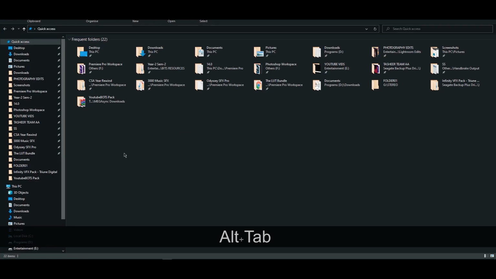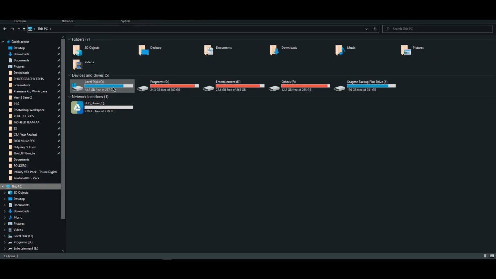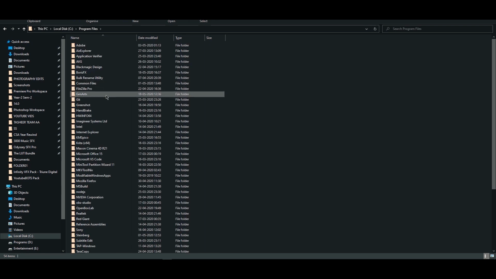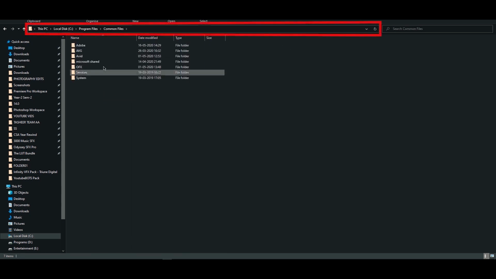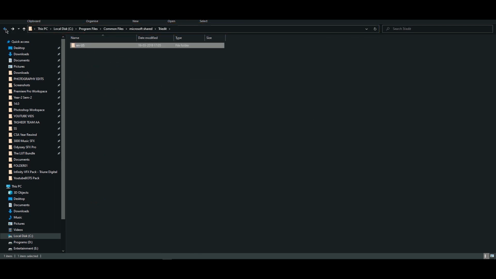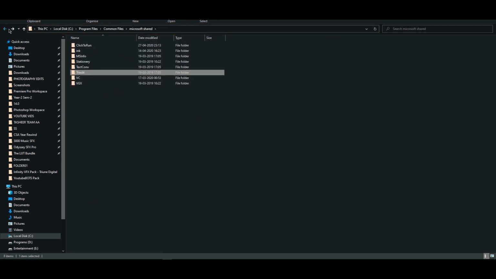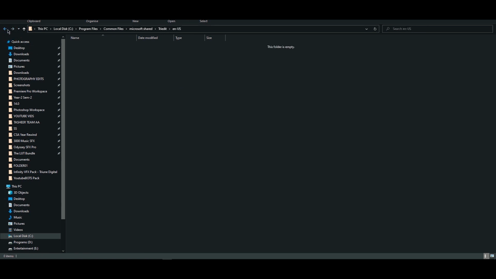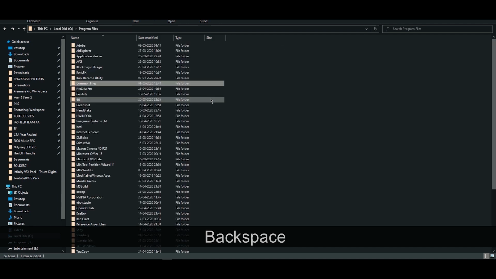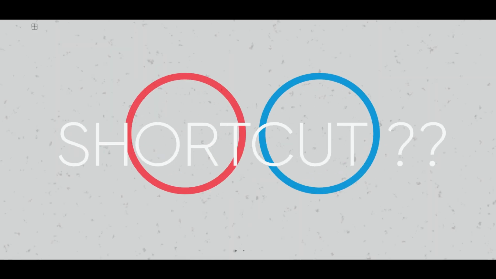The next one is a total game changer. If you are deeply inside a path, something like Program Files, with one folder and a lot of stuff, instead of clicking back every time, because you have to travel a lot, you can simply keep pressing Backspace and it will take you to the last accessed folder or directory.